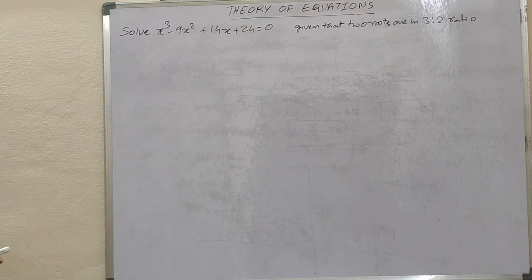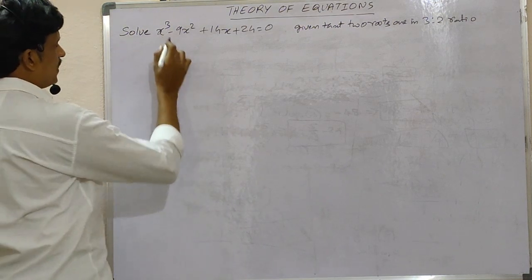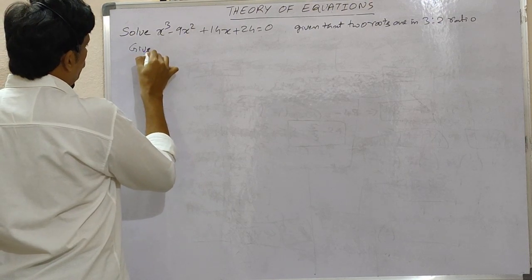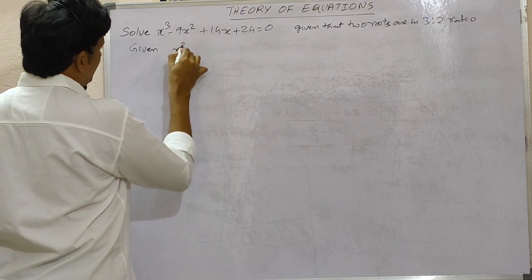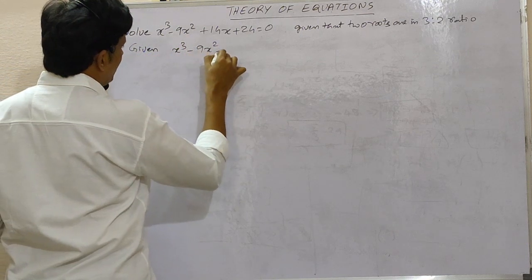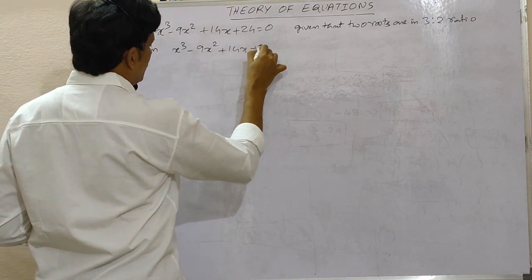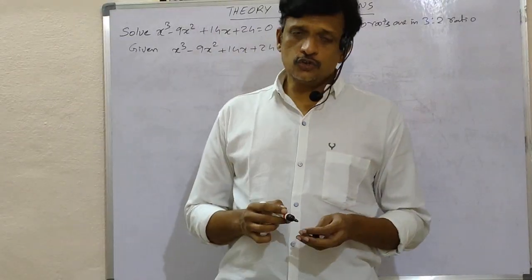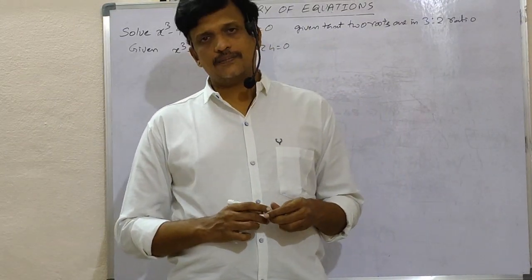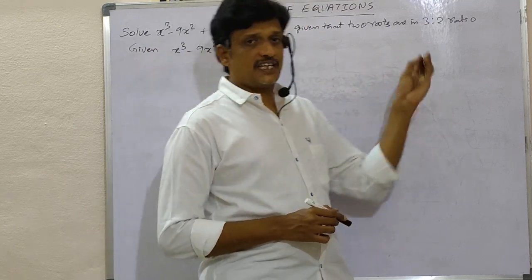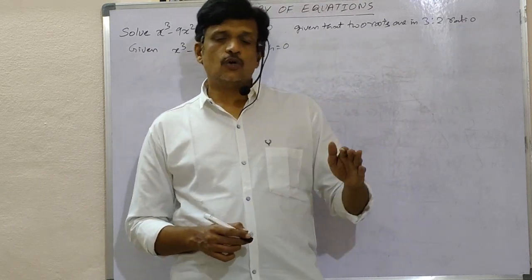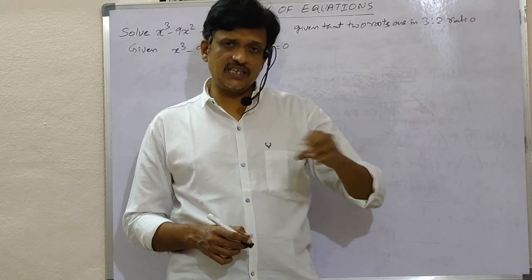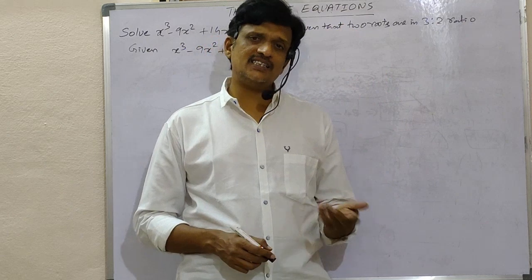So just observe the given cubic polynomial. Here the leading coefficient is 1, no problem. So you can take the given cubic polynomial x cube minus 9x square plus 14x plus 24 is equal to 0. It has 3 roots. Usually the roots are alpha, beta, gamma. But here 2 roots are in the ratio 3:2. So again, no need to consider gamma. By using the condition, if you write these two in terms of any two, alpha and beta, it is easy.